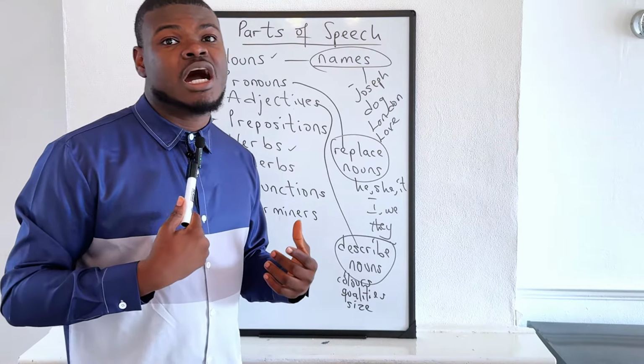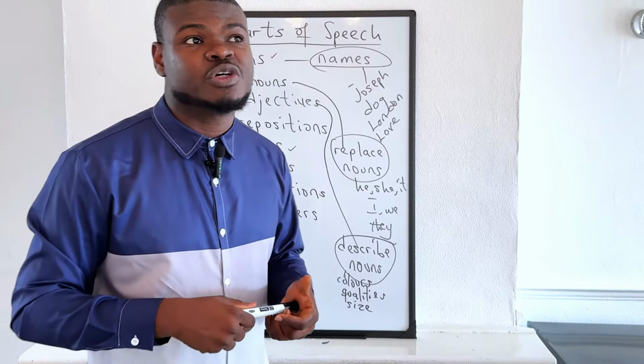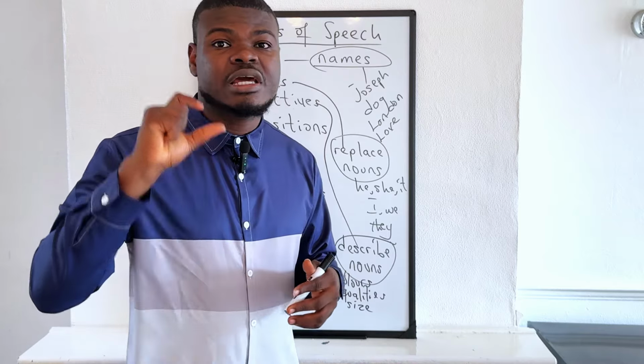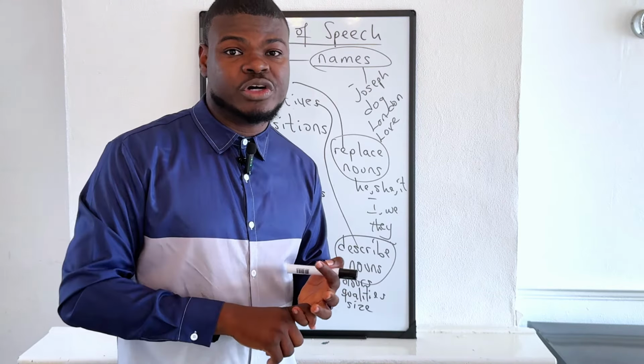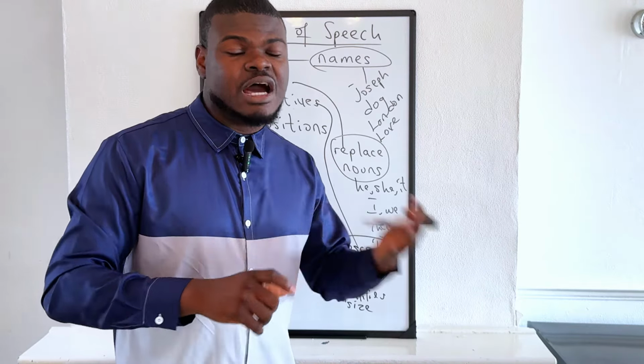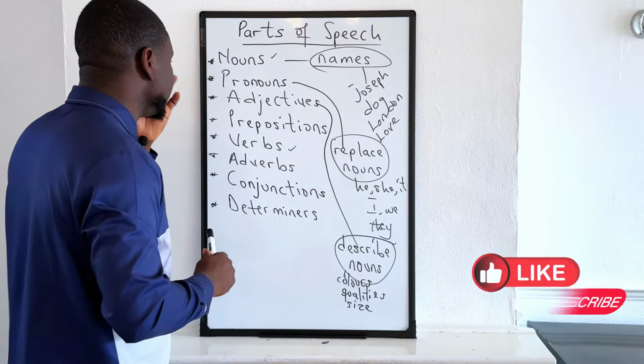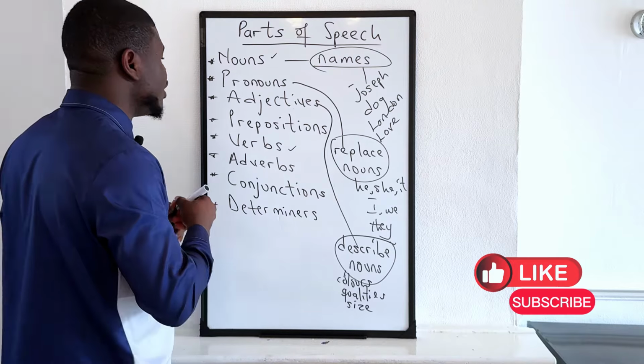For instance, if you were to describe me to someone, you could say, oh, the Nigerian teacher. Yeah, Nigerian, telling you about my origin. And that also could be used to describe me. Yeah, that's adjectives. The next category of words are